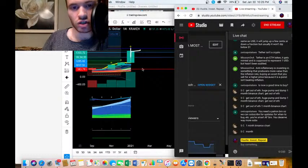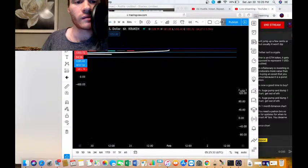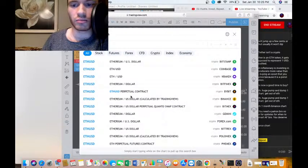1 month Binance chart. So I am on the Kraken chart, so I can go to the Binance chart, but I don't know. Are they trying to dump it? Like they're trying to pump XRP? I'm not sure. Let's see. Binance